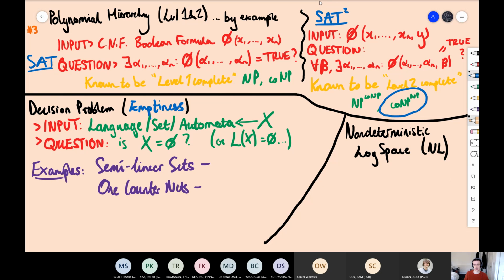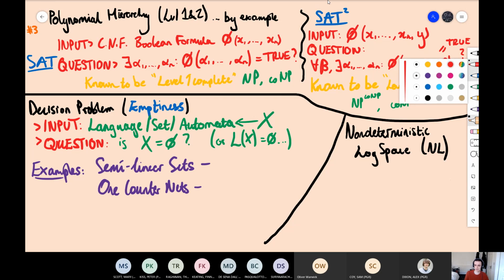This complexity class will be of interest. I'll come back to problems that belong and maybe are complete for it later. I'm not sure exactly if the phrasing of what I've called SAT squared is correct, but it has the flavor of what I want to be thought of as level 2 complete. It's an alternation ahead of SAT. And if you've heard of QSAT, which is fully quantified SAT, that's complete for an arbitrary layer of the polynomial hierarchy, or even if you have a non-determined number of quantifications, that would be complete for PSPACE, which is the ceiling of the polynomial hierarchy, if you will. I know that seems a bit informal, but I hope that makes sense.